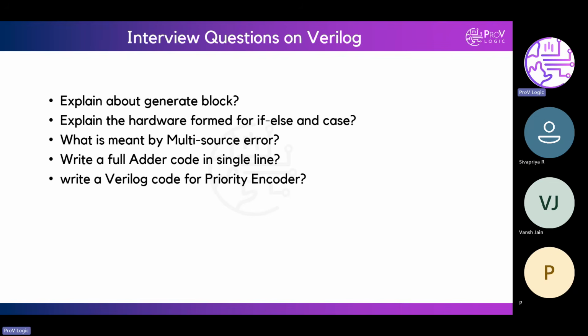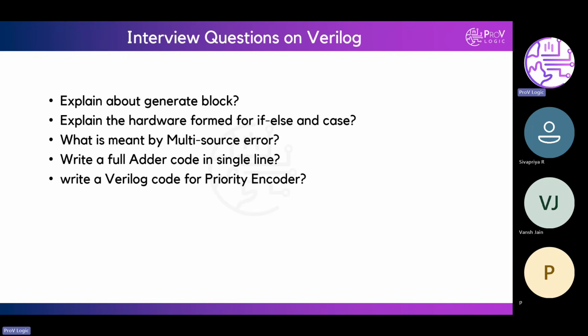It will act like a parameterized module, used to access the parameter. Like if there's an n-bit full adder, we can create a generalized full adder with a variable n.